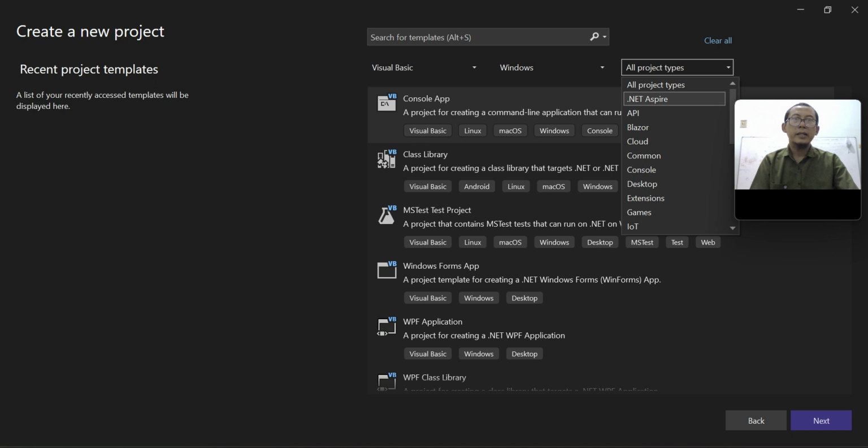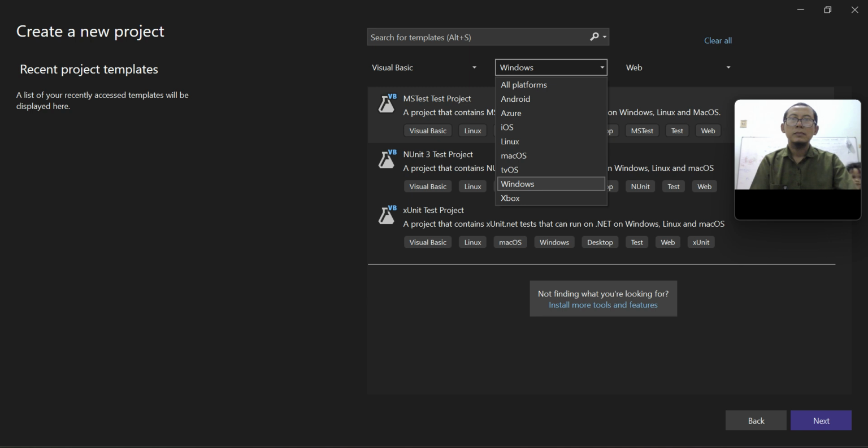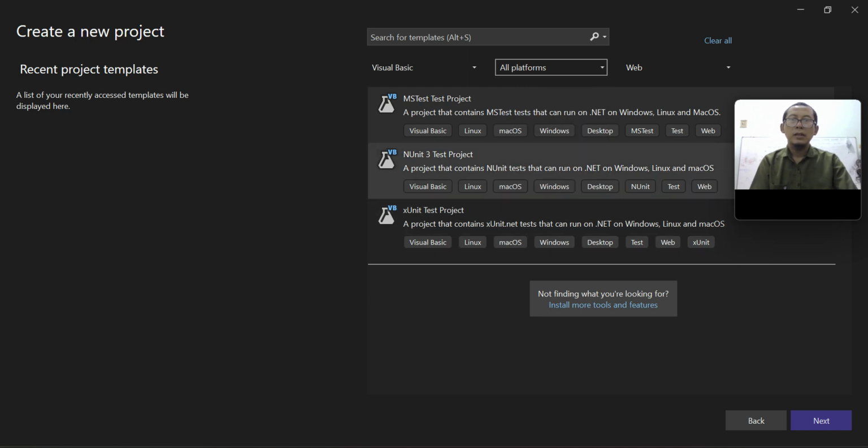The project type is web. Okay. Oh, I think I cannot find the application I usually use.